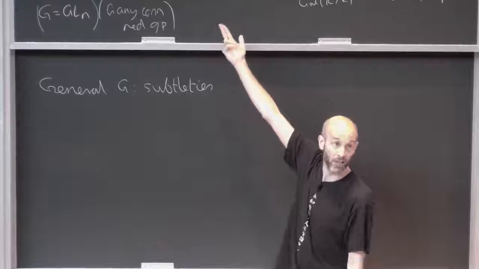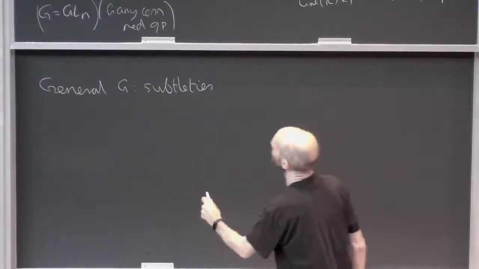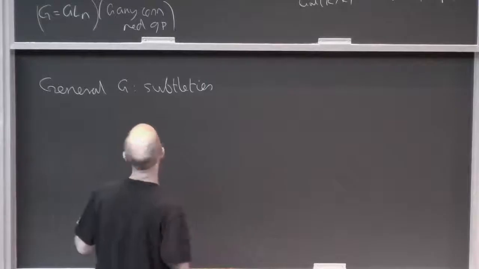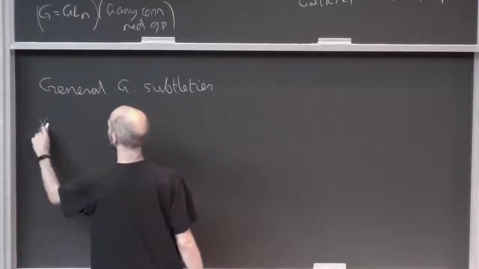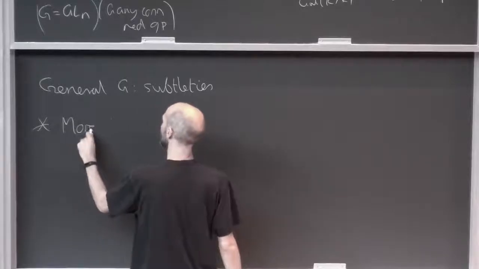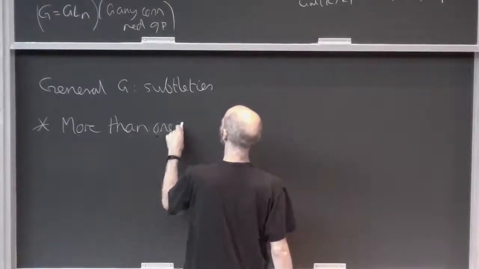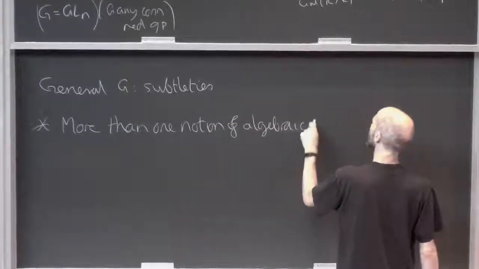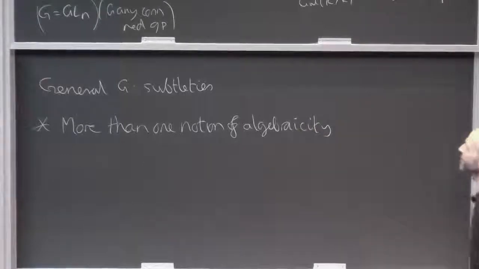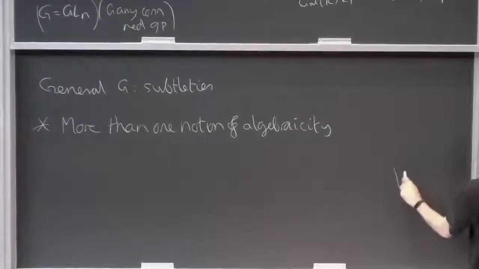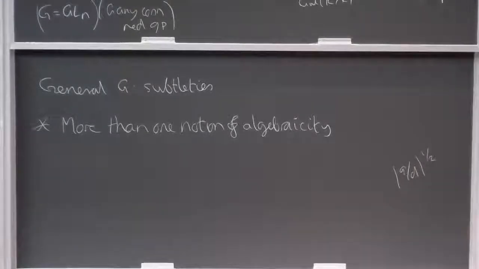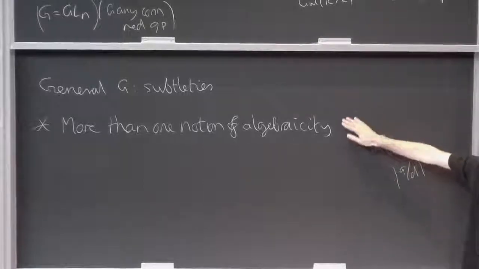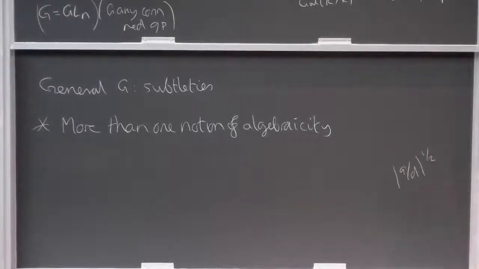Okay, so here's the general story. And of course, I still owe you a definition. That's the main thing we're going to do today. For general G, there are subtleties, and they are just the following rather tedious list. So there's more than one notion of algebraicity. I can explain this easily. It's to do with those fudge factors. We had this blasted norm A over D to the power half. This phenomenon is an issue even for GL2, and norm A over D to the power half sometimes involves the square root of P.